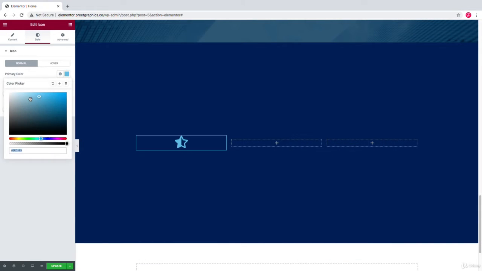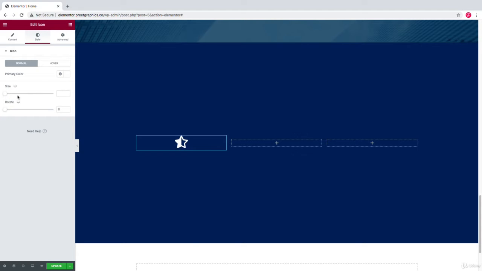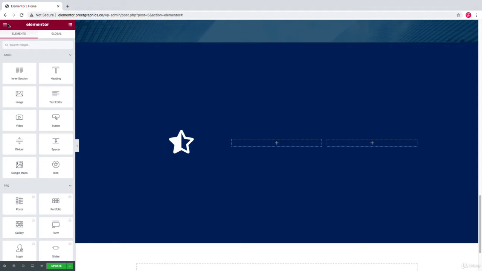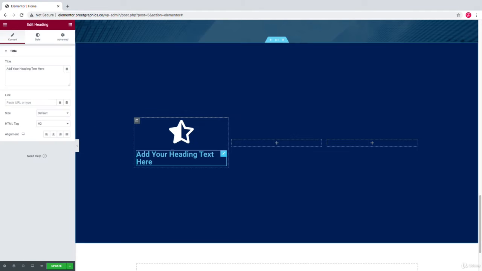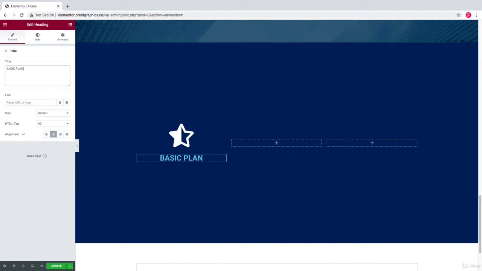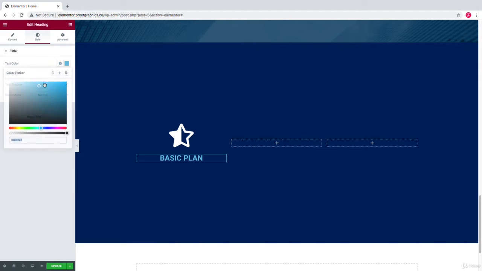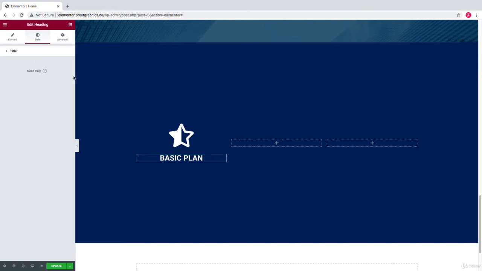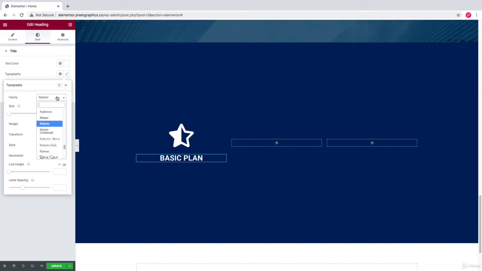And now in the style, I'm going to change the color to white and increase the size. Now let's add a heading right here, change the alignment to center and name it basic plan. In the style, change the text color to white, change the typography to Poppins again, and increase the size a little bit.